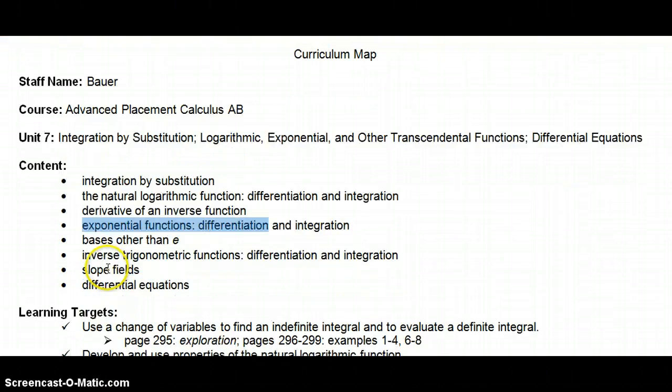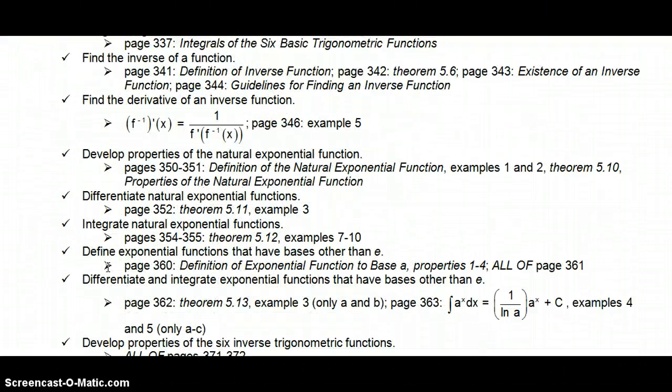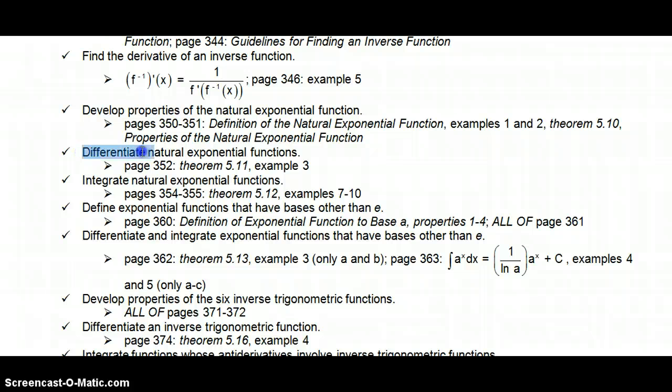There's one learning target that we're going to focus on, and that is how to differentiate natural exponential functions. We're going to take a look at theorem 5.11 and example 3,